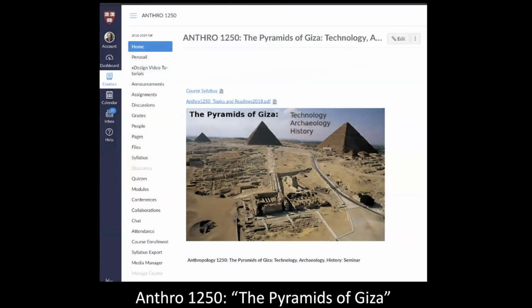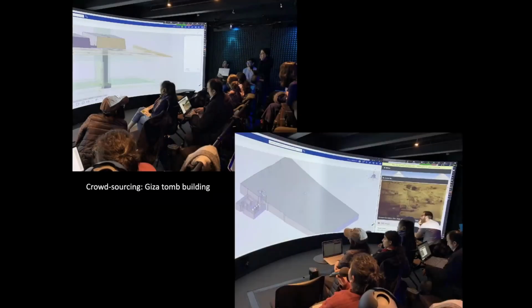In terms of crowdsourcing, I've tried experiments in my Giza classes at Harvard, and we have a visualization lab classroom. Over different semesters, I've tried assigning a tomb to each student to build with 3D modeling with basic software. We've tried different ones. I'd say with mixed results, because obviously these students aren't coming in as architects. They're here to learn about the pyramids and archaeology and art history, not so much about 3D modeling. But some of them are good at it and they pick it up.